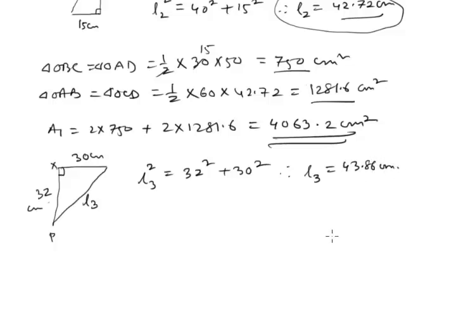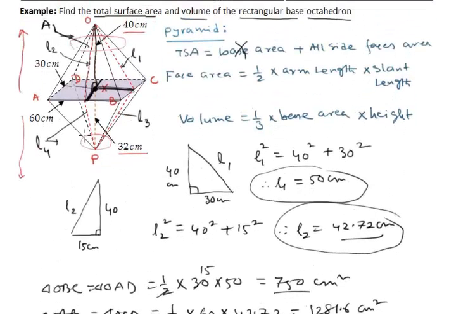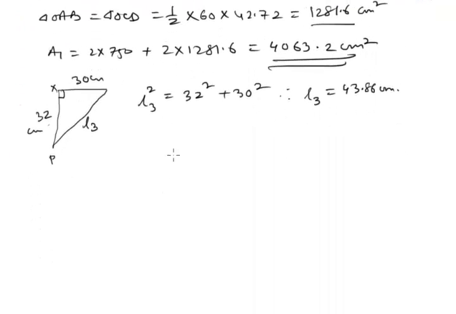43.86 centimeter. Similarly, on the AB line, this is the slant length. So if we use this triangle, here this angle is a right angle because this is the height on the base. And this distance is half of BC, that means half of AD, which is 15, and this distance is the height. So we have a small triangle here where one side is 15, the height is 32, and this is the slant length L4, which is the hypotenuse opposite the right angle. So if we draw a small triangle like this,